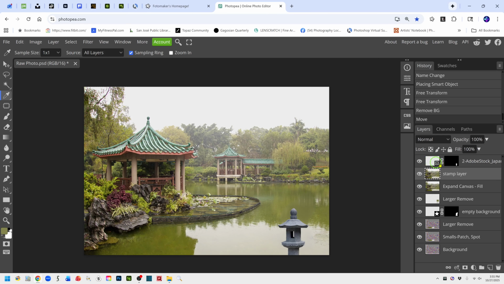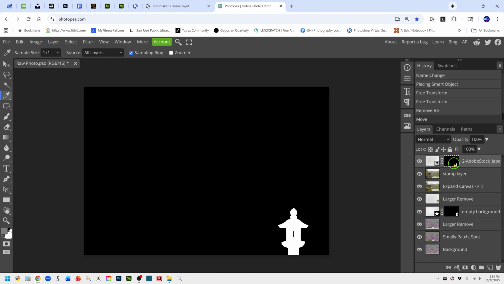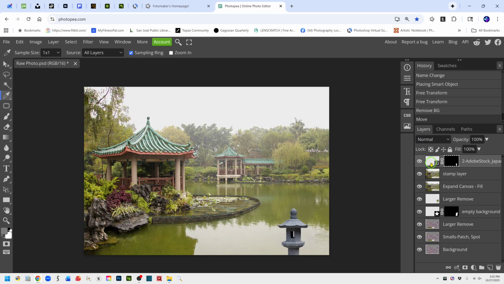So now I'm going to come back up to that lantern layer, and when it did the extraction, let me just show you here. You can see the mask, so it created a mask for just the lantern. So now with that layer, I want to Control or Command click on that mask so that we get the selection active again. And what I want to do is add a color fill layer that will use this color we just selected